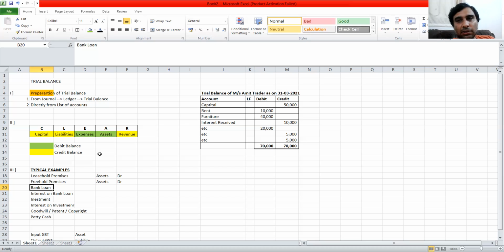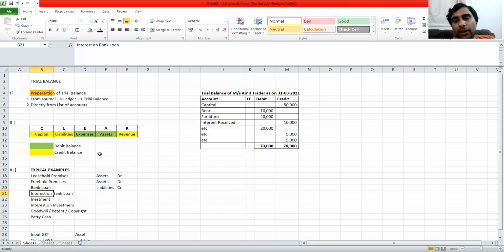Because the bank is holding my money. The bank is a receiver. I have given them the money and they have received that money. It is the equivalent of cash. So the real balance of cash is a debit balance, and a bank real balance is a debit balance. So a bank loan is the opposite of that. It is a credit, and it's simple to know. What is a bank loan? It is a liability. That's the other way of remembering it. It's a liability, because you are required to pay this to the bank on a future date. So a liability balance will typically be a credit balance.